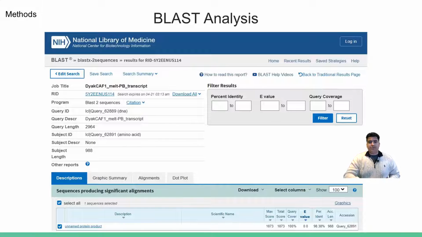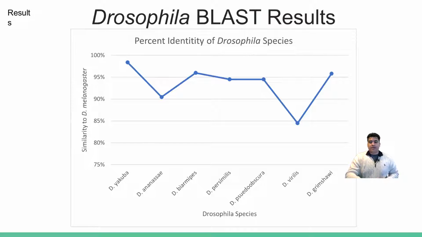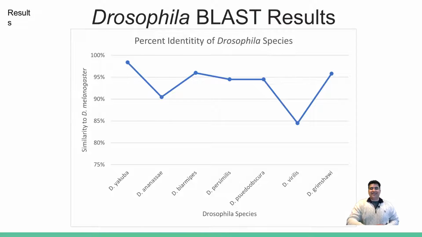And now to show all my results, here is what I was not hoping for in my hypothesis, but that's how science goes. We got to correct ourselves and manage that. But here shows all my data from the left to the right, shows the different species and their relative relatedness. So Yakuba is all the way on the left, meaning it's most similar to melanogaster, and all the way on the right is Grimshawi, and that is the least similar, the most distantly related to melanogaster, and they follow in